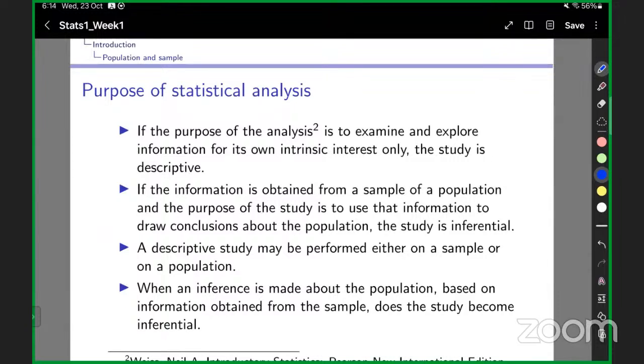What is the purpose? It depends on that also. Let's say your study is descriptive statistics, then you